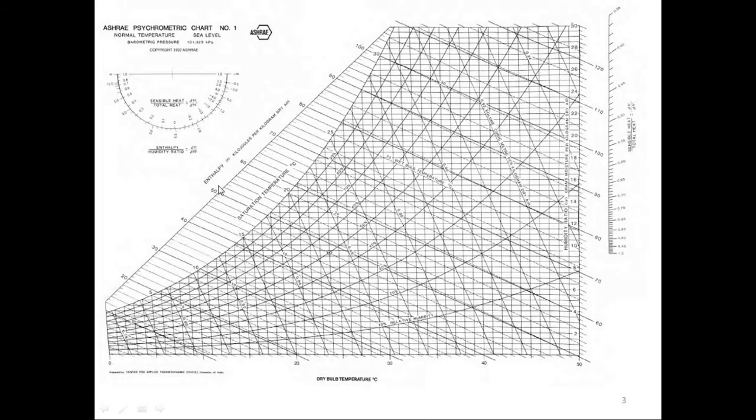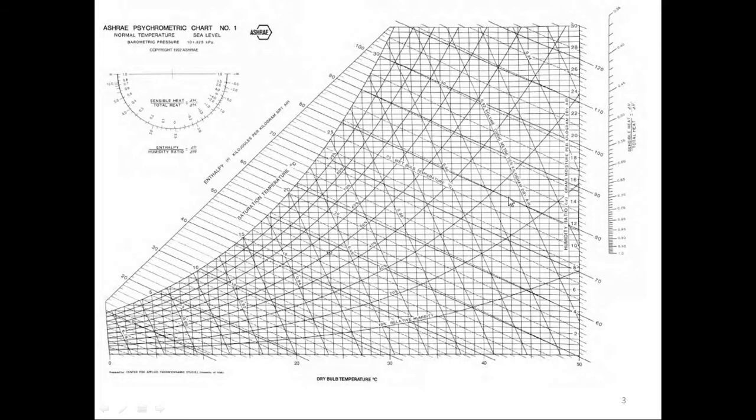As well as we have the value of enthalpies in kilojoule per kg of dry air. As you can see, the lines are inclined ones, these ones. This curve is the saturation curve. Here we have the value of temperature. You can see the 5 degrees Celsius line, this one is 5. Then we have 10 degrees Celsius, then 15 degrees Celsius, then 20 degrees Celsius, then 25, 30 and so on.